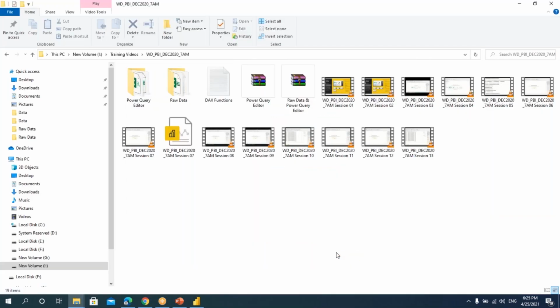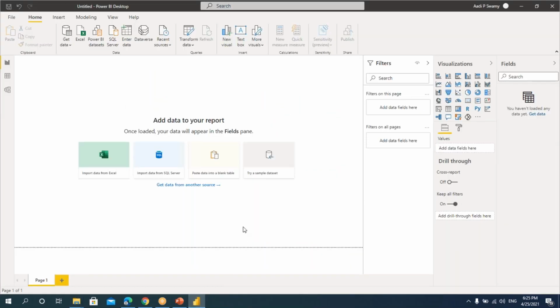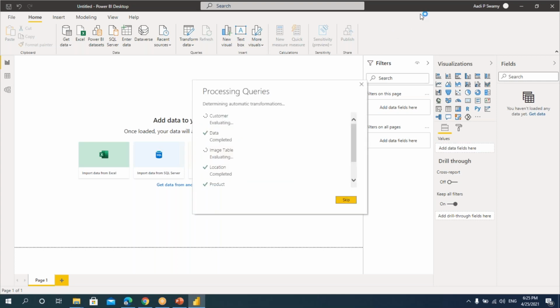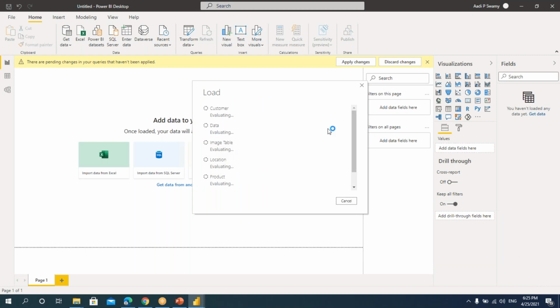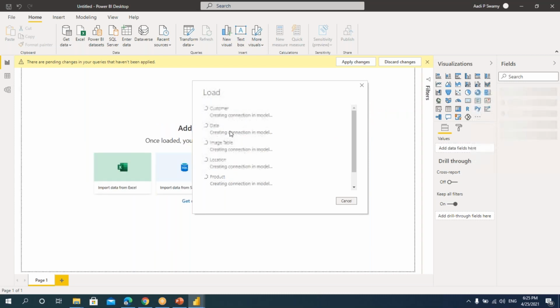I'll click on this load. So it will try to load all the data from different tables here. Now you can see that all the tables are getting imported. It is first evaluating it and then it will see whether it can get the connections. Then it will see how we can link, create the relationship.